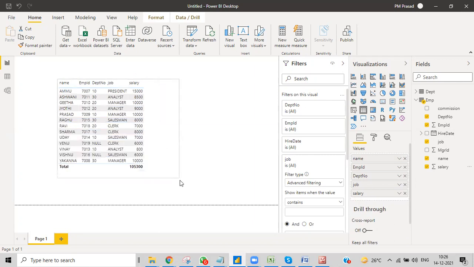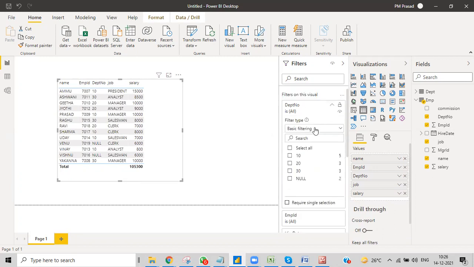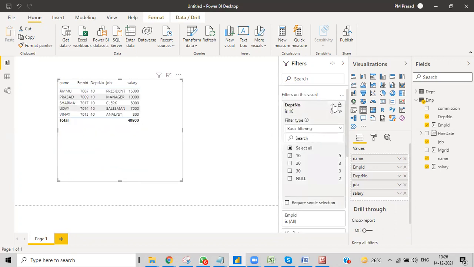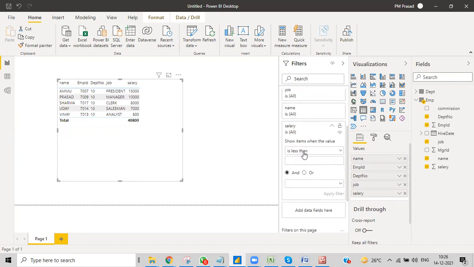So let me check the first. Department number 10. Okay. And salary is greater than 7,000. So obviously, people who are in department number 10 and salary is greater than that.